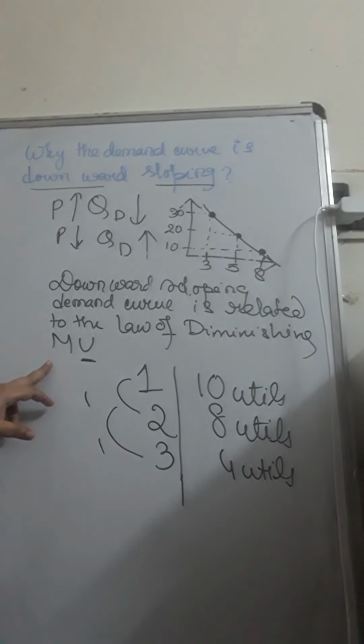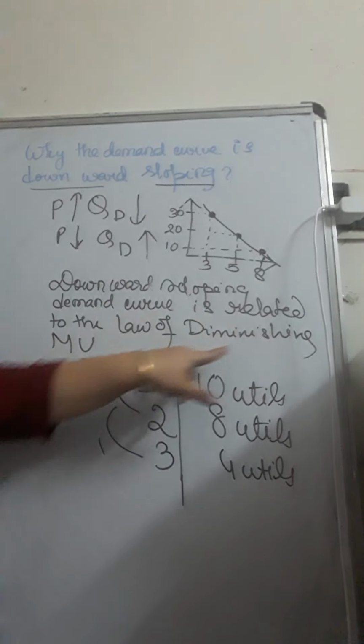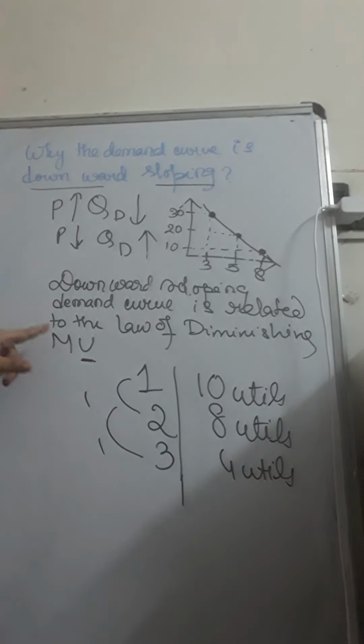What is marginal utility? Marginal means by 1. When you increase consumption of the commodity by 1 more unit, the change in utility. And what is known as diminishing marginal utility? It has been seen that when we consume the same commodity more than once, suppose we are buying one iPhone, we get the maximum satisfaction.